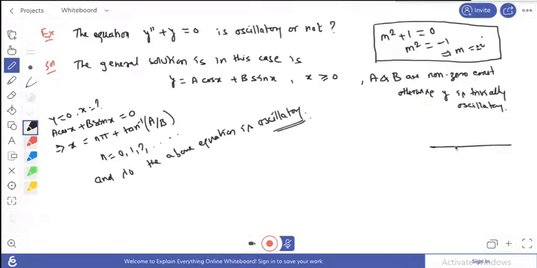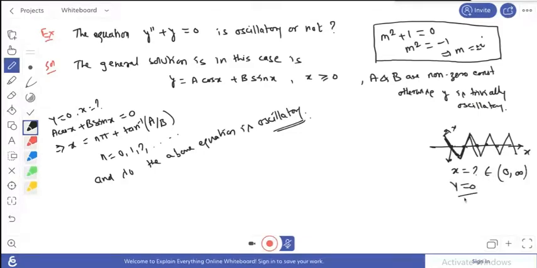जीरो में समझ रहे हैं कि सोल्यूशन इस x-एक्सिस को कट कर रहा है। ठीक है, वो जरूरी नहीं कि साइन कोसाइन ही फंक्शन हो, वो कोई भी फंक्शन हो सकता है जो इसको कट कर रहा हो। भाई y मेरा जीरो कब होगा? सिंपल बात है, जबकि वो x-एक्सिस को कट करेगा। एंड यू हैव टू फाइंड दैट x, दिस इज योर x, दिस इज योर y। ओके, तो अगर आपको x मिल जाए जो कि उस डोमेन में बिलोंग करे जहां पे y इक्वल टू 0 हो गया है, दिस मींस दिस सोल्यूशन इज इन ऑसिलेटरी नेचर। अगर आपको कोई भी ऐसा इस डोमेन में नहीं मिल रहा है, दिस मींस दिस इज नॉट ऑसिलेटरी।